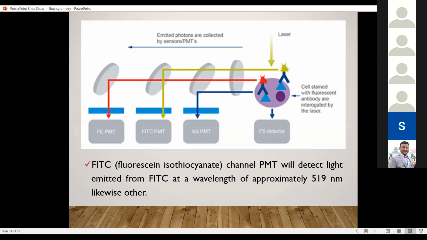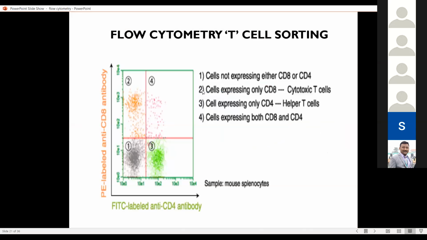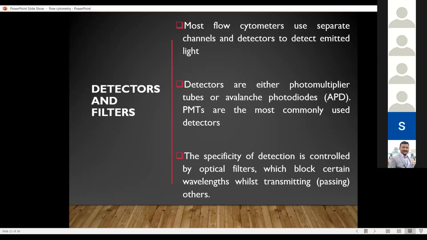It will only reflect a single wavelength. Here is another filter, which will only reflect this blue. When light comes in this blue range, it reflects it. If it comes in red, orange or a higher wavelength, it won't be able to reflect it. So the optical filters are designed such that they block certain wavelengths while transmitting others.